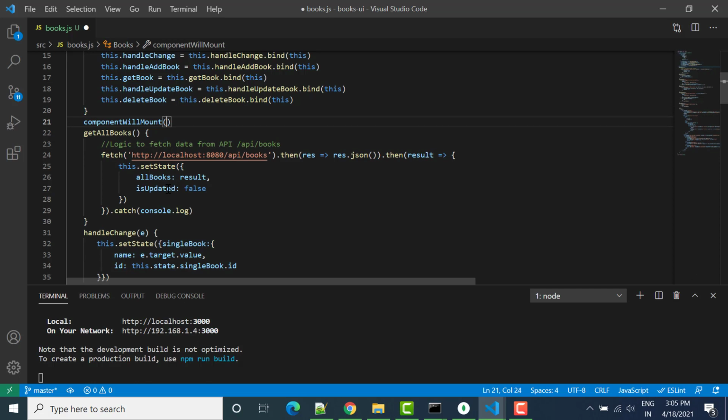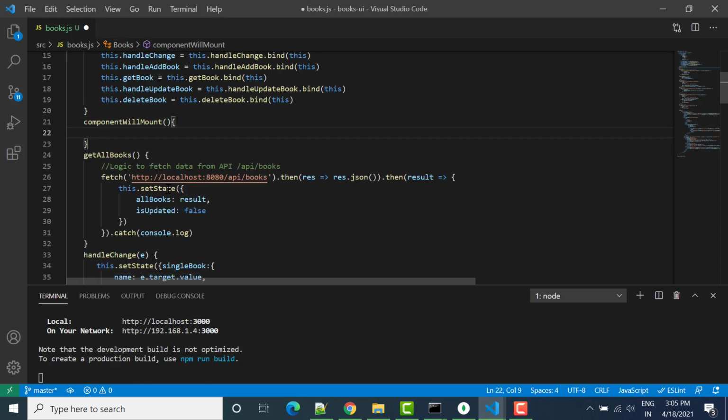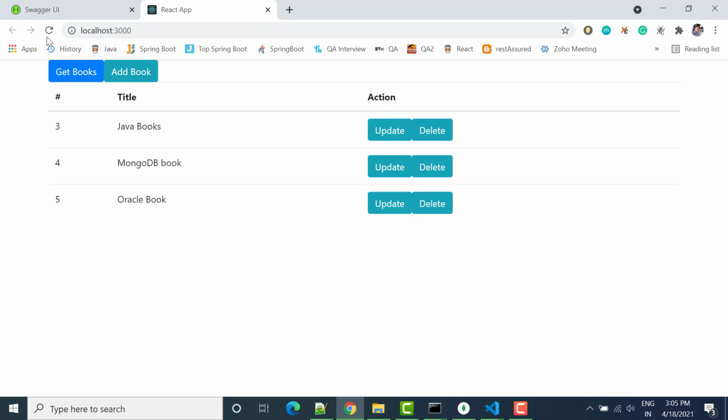This particular method will be loaded just after the constructor. So here we can say this.getAllBooks and save it. Now whenever you refresh or anything, by default this data will be visible here.